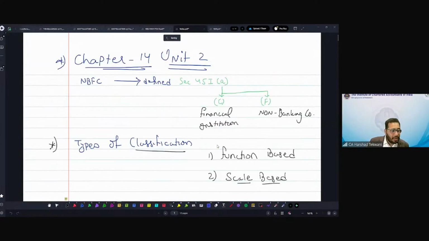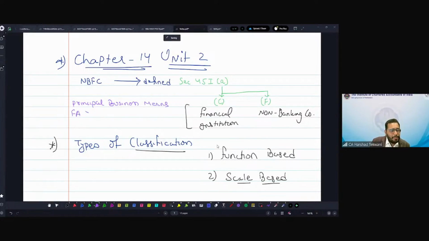So there is a third category, or you can say for both of them, principal business means